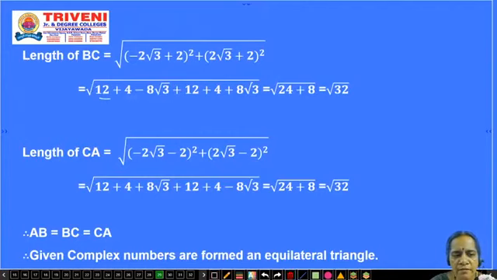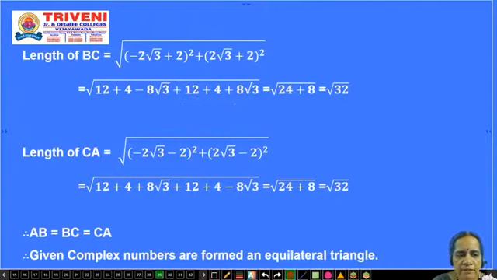That's why the value of a square is 12. B square means already know 4. 2ab means 8 root 3. Okay, and then here 2 root 3 plus 2 whole square. This is in the form of a plus b whole square, that is a square. Again 2 root 3 whole square is there. A square means 2 root 3 whole square, that is 12 plus 4 plus 8 root 3. Here 8 root 3 minus 8 root 3 get cancelled here. 12 plus 12, 24. 24 plus 4 plus 4, that is equal to 32.